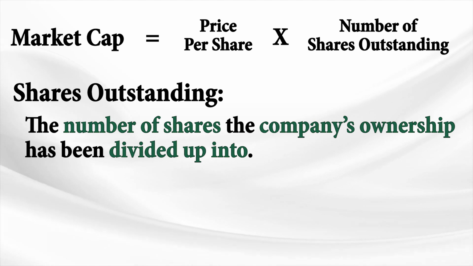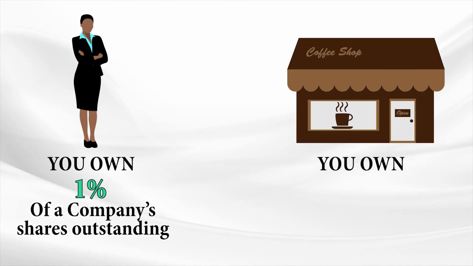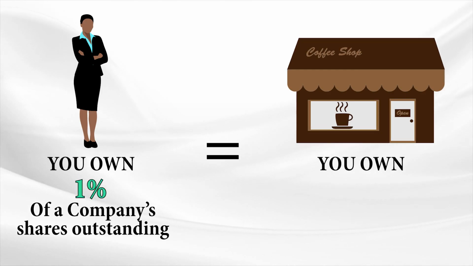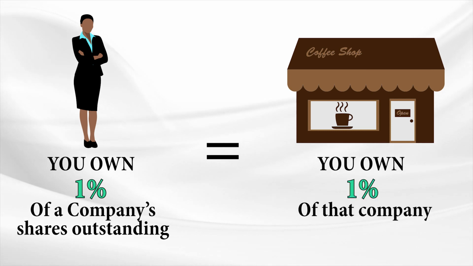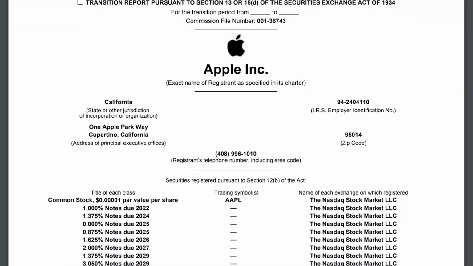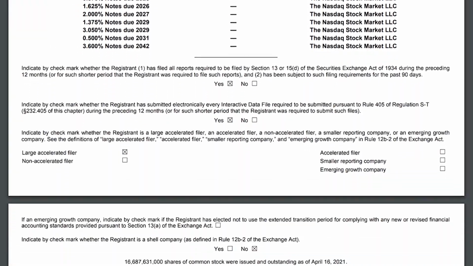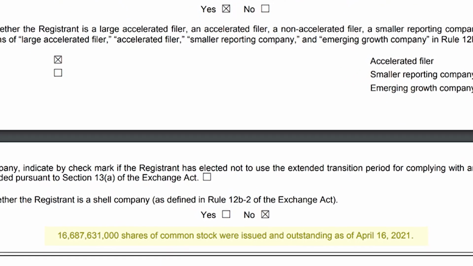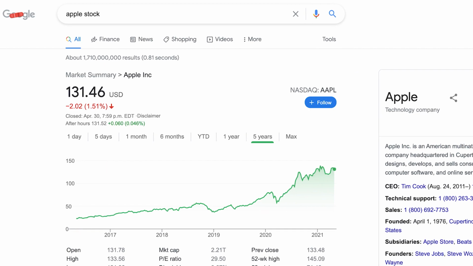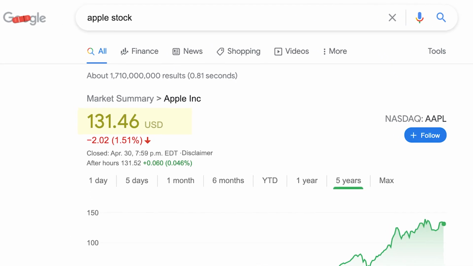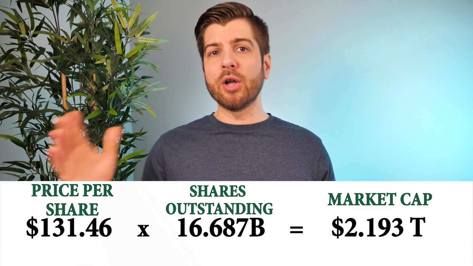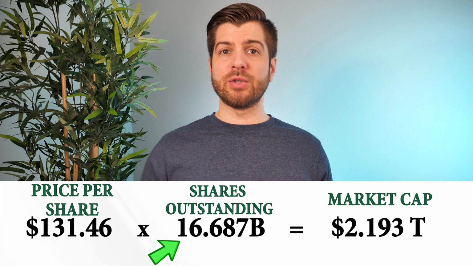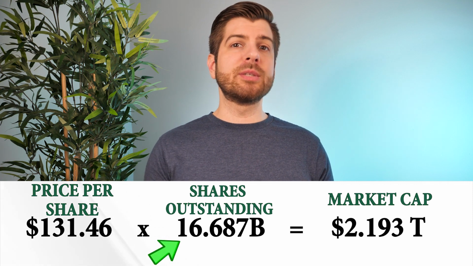So this literally means that if you own 1% of a company's shares outstanding, then you would own exactly 1% of that company. So looking at Apple stock here as an example, we can see right here at the beginning of their most recent financial statements that they have roughly 16.687 billion shares outstanding. Just by searching Google, we can see that the price per share as of right now is $131.46. And if we multiply this number by the number of shares outstanding, then we calculate that Apple's market cap